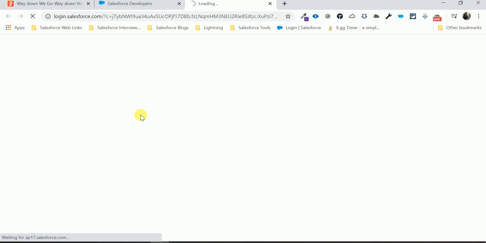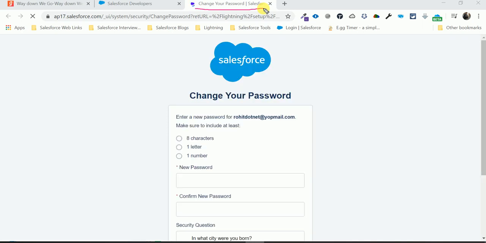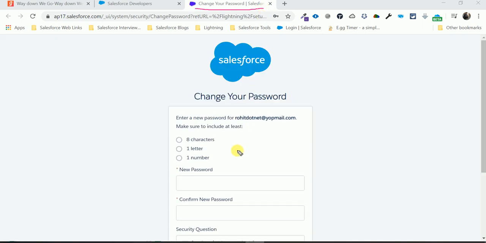This takes some time, maybe 15-20 seconds. It depends on your internet connection. So you can see here, change your password. After clicking verify account, we need to change the password.